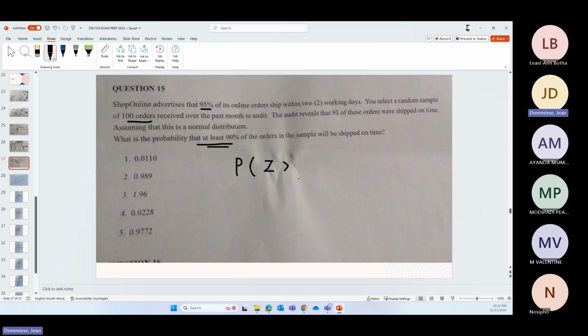So let's then look at its proportion. So it is divided by N. I think we've got all that information. Okay, so Z bigger